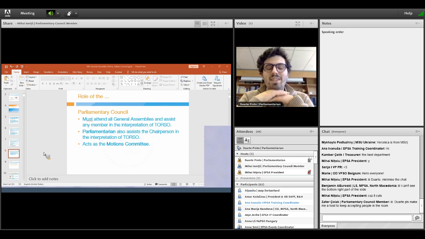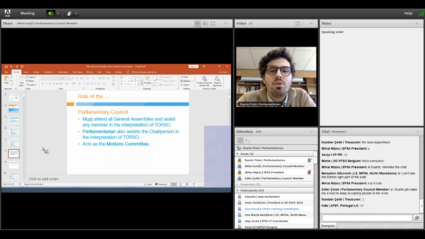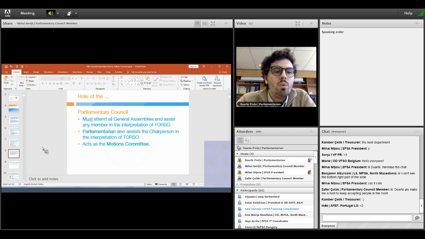The Parliamentarian Council is 3 people. They are identified by the names, and they are the 3 hosts plus the president. It's me, Duarte, Mihai Ionitsa, and Zafer Cholak. I hope I said the names right. During the General Assembly, we assist the chairperson with the interpretation of the regulations, of which we have a lot of handbooks, as you know, and the statutes. Also, we act as the motions committee, which will have a deadline on the next